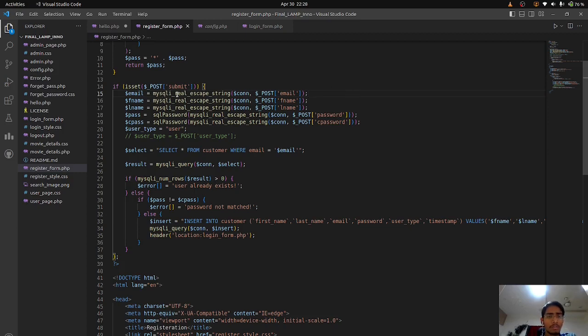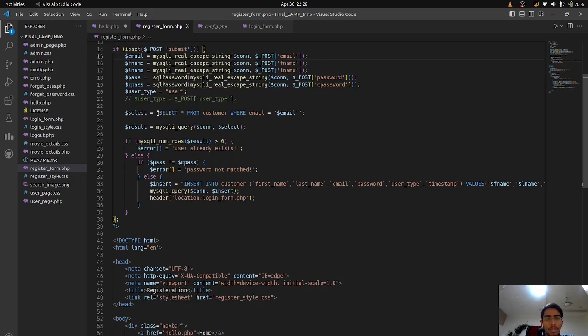Here the MySQLi real escape string is used to create a legal SQL string that we can use in an SQL statement in further code. Through select query, we retrieve the result from the database which has the same email. If the number of rows is greater than 0, that means the email already exists and an error will be shown